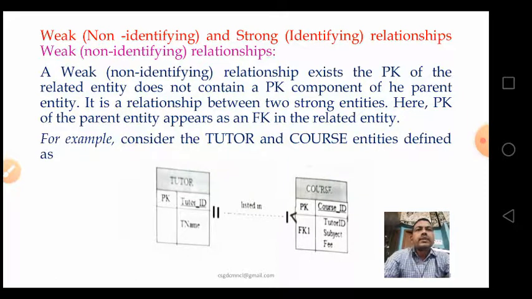The PK of the related entity does not contain a PK component of the parent entity. That means it is a relationship between two strong entities. Here, the PK of the parent entity appears as an FK in the related entity. For example,